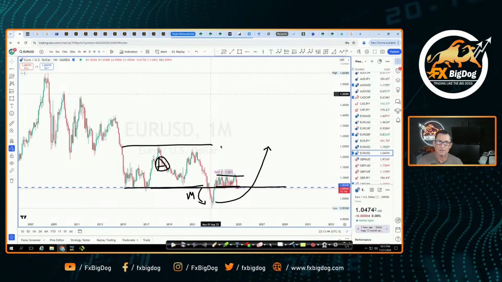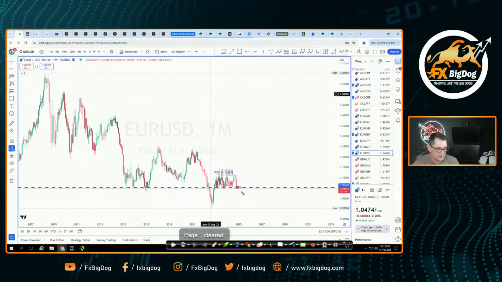What are bullish PD arrays? Bullish fair value gaps, bullish order blocks. And so where can we see those order blocks sitting here on the chart? Well, here it is. If you take a look right here, we had this big rally to the upside. Here is a fair value gap. There it is, fair value gap right here.